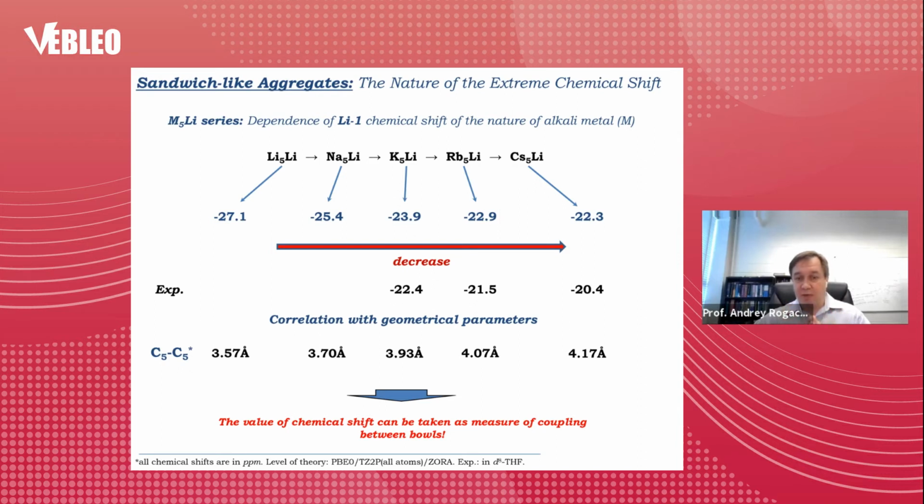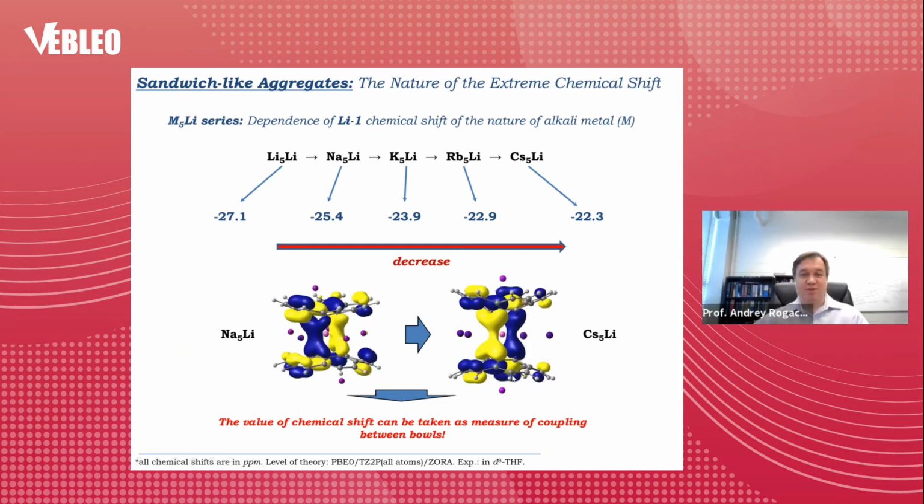So the value of the chemical shift shown by this central lithium cation can be taken as a measure of coupling between the bowls. Just by measuring the chemical shift, we can say how far these polymeric surfaces are from one another, and many other things. These orbitals show the difference in coupling for the sodium derivative and cesium. You see how the coupling is getting weaker because of the size of the alkali metal cation sitting